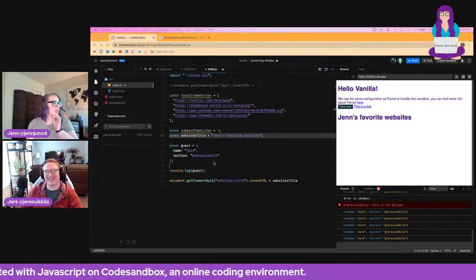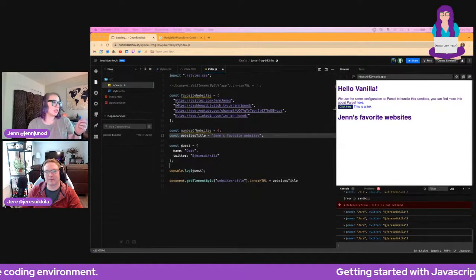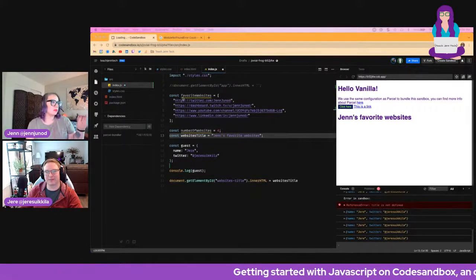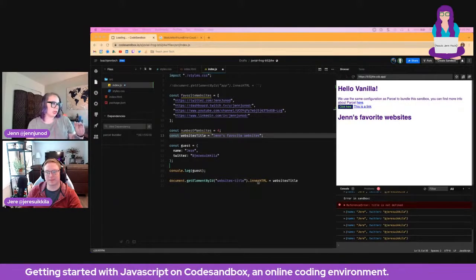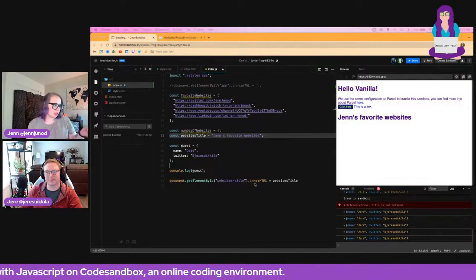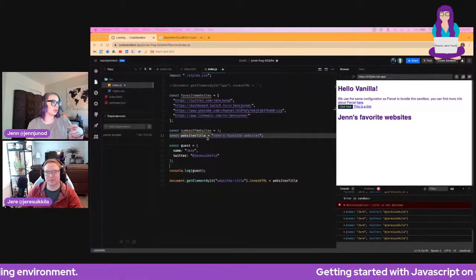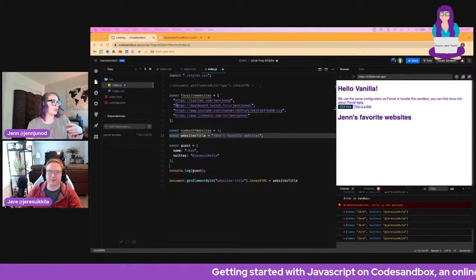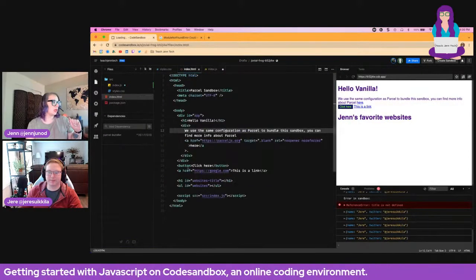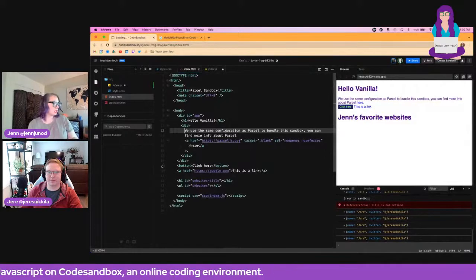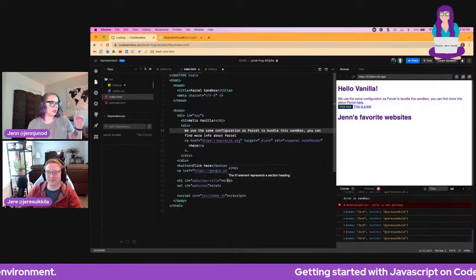Now, if I wanted to do favorite websites instead of words. We use document.getElementById for website's title, which is in the HTML, and we're using website title, the constant website titles. So if I go back to HTML, you created one called websites. That is not a header because H1 is header 1, right?